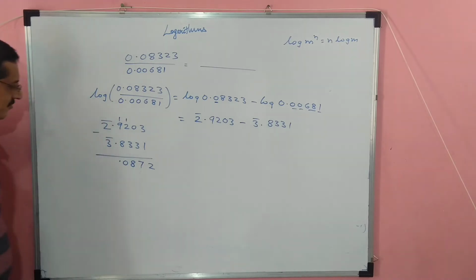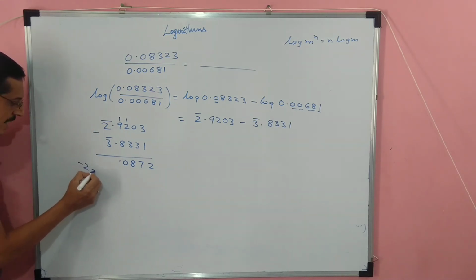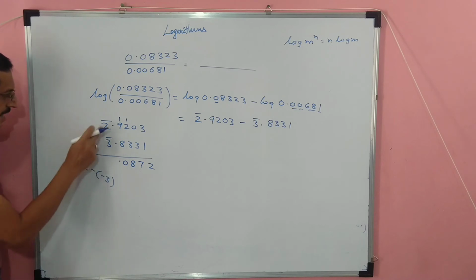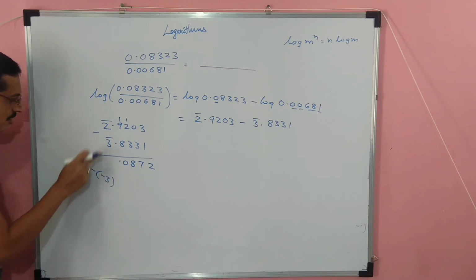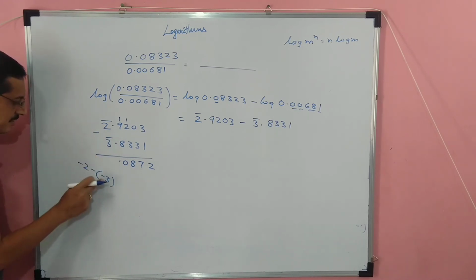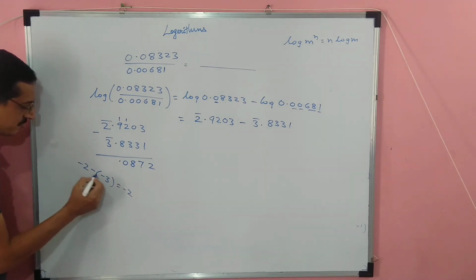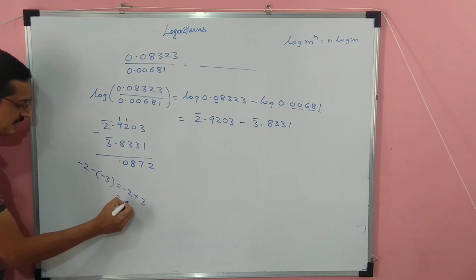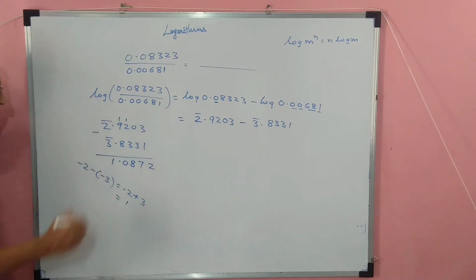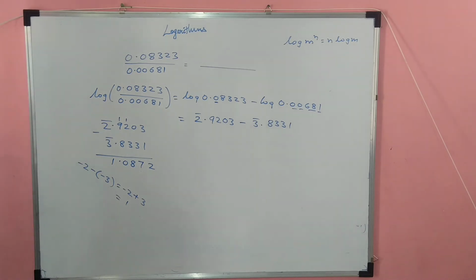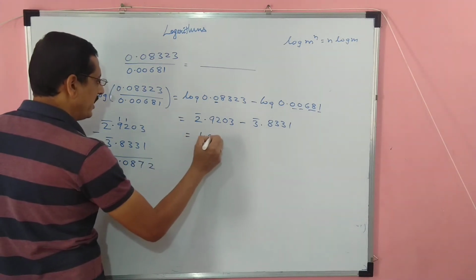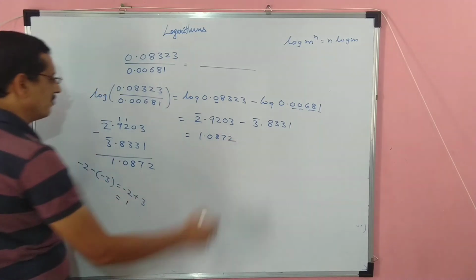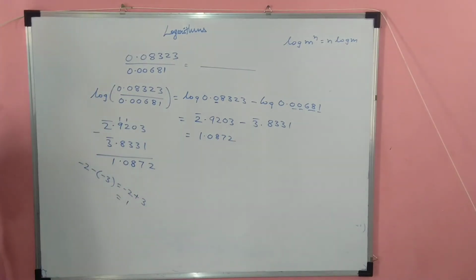Now यहाँ पे देखो students, इसमें बहुत मेंबर्स को डाउट रहता है, इसीलिए मैंने ये सम लिया है. So it is bar 2 minus of minus 3. बार 2 मतलब minus 2 minus of, it is minus 3 क्योंकि बार 3 मतलब minus 3 है, which is minus 2. Minus minus becomes plus 3, which is minus 2 plus 3, is nothing but plus 1. So इसका वैल्यू हो गया 1.0872. So it is 1.0872 student. इसके आगे तो तुम लोग आराम से कर सकते हो.